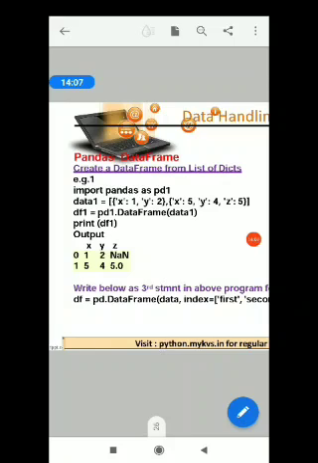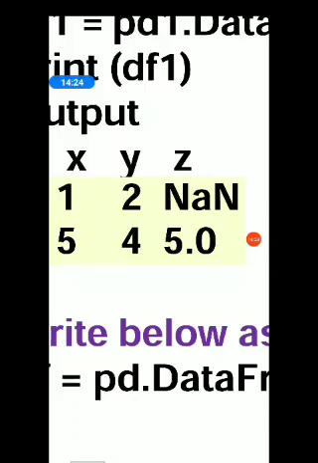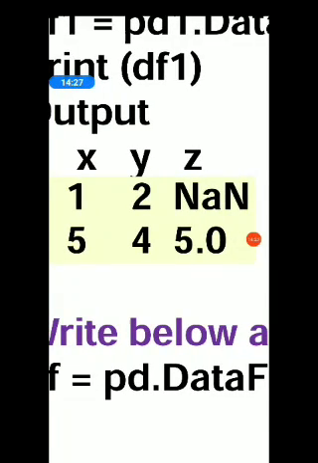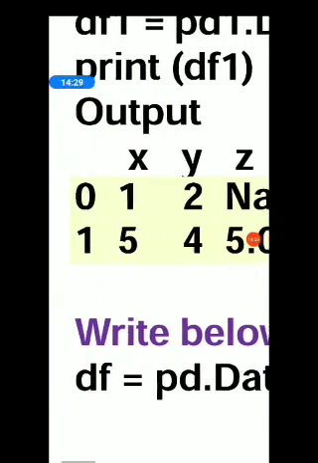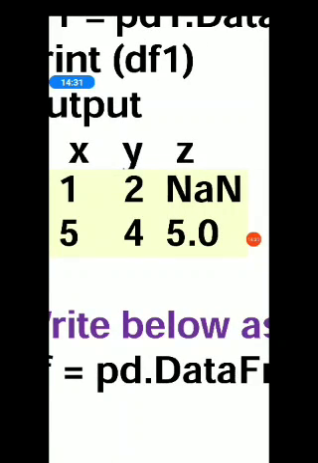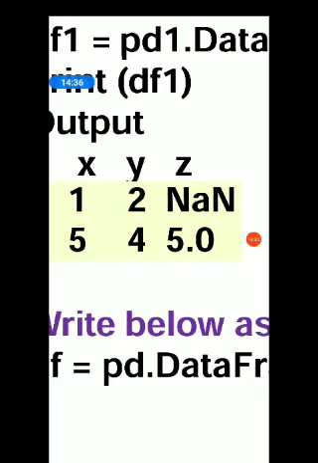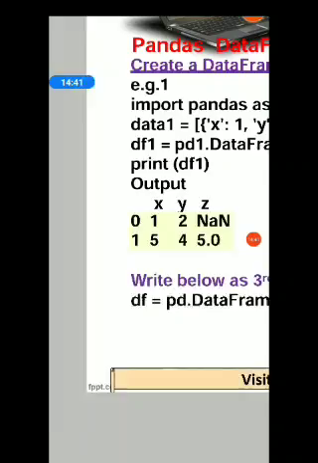See here, in the second dictionary we have Z, but in the first dictionary we don't have Z. So the value pair is not given for Z, right? So here it is showing as NaN. Can you see it? For Z, the first value is given as NaN. For the second dictionary, we have the value of Z, so it is 5.0 and it is showing. But for the first dictionary, it is not given. That's why NaN is showing.